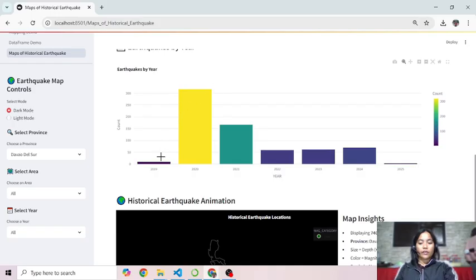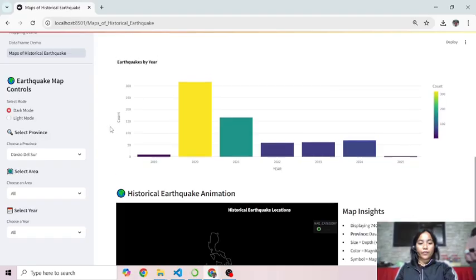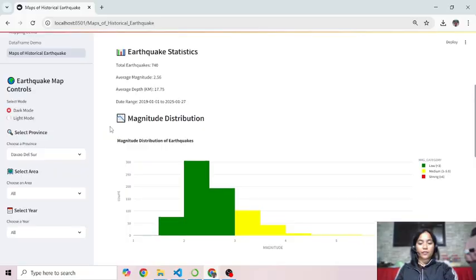Step 3 is hover for insights. Hover over the data points on the maps and charts to see the detailed information like magnitude, depth, and date.